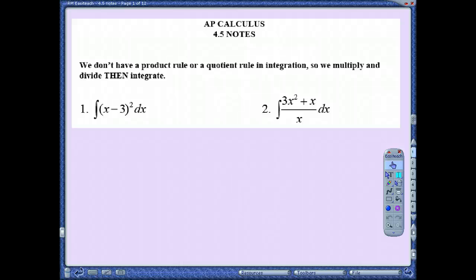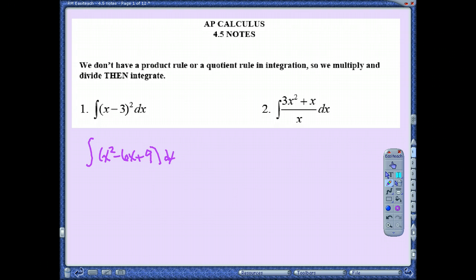Hello and welcome to 4.5 in our calculus books, which is U substitution. Now, as we've discussed before, when we're integrating, we have a power rule for integration, just like we have a power rule for derivatives. We don't, however, have a product rule. So all this time, whenever we have a product, we have to multiply that out ourselves. Well, in this case, (x − 3) squared is not so bad, so I would just need to FOIL that out